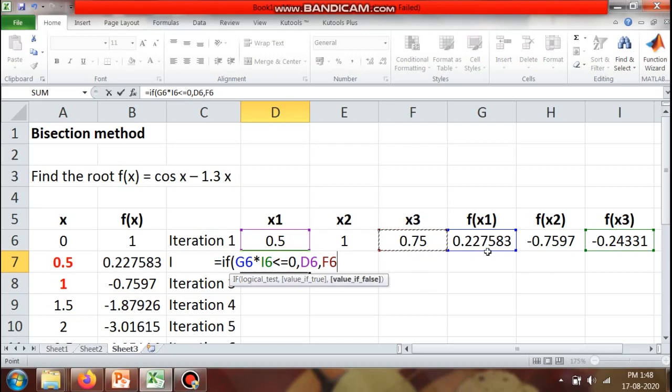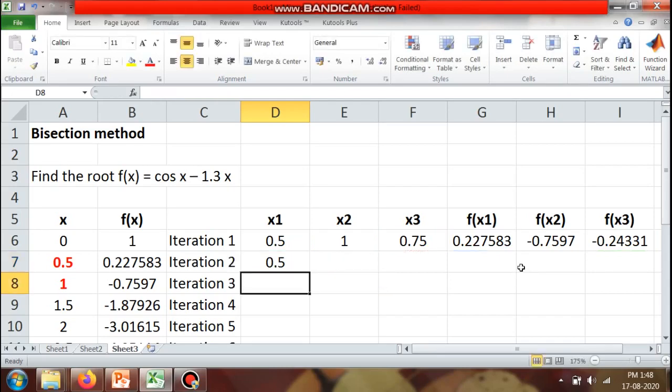So for next iterations we are going to drag the values or formulas which we have computed for row 1 and 2. That is why we are writing it in generalized form. So I will complete the bracket and I will say enter. So now if you can see, the value of x1 is assumed to be the same as in the first iteration.